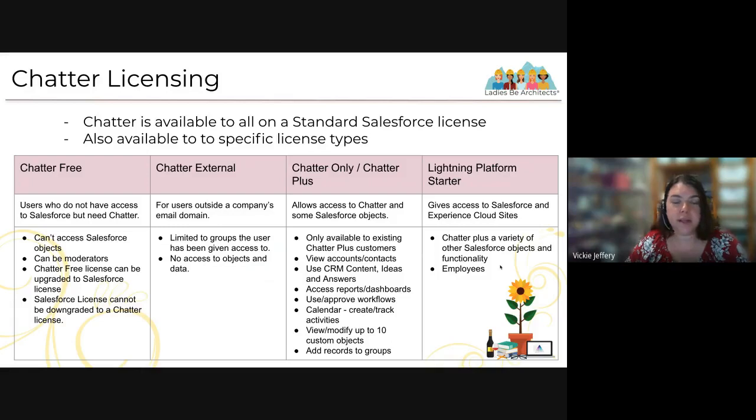Chatter Only, or Chatter Plus, allows access to Chatter and some Salesforce objects. This is a license that's only available to existing Chatter Plus customers, so it's no longer available if you wanted to buy it new. You can do extra things with this, like view accounts and contacts, use your CRM content, ideas and answers, although ideas is not available in Lightning at the moment. Access reports and dashboards, use and improve workflows, view up to 10 custom objects and add records to groups. So there's some extra